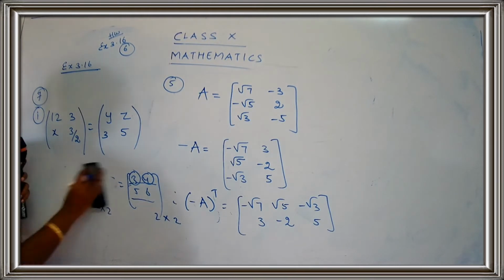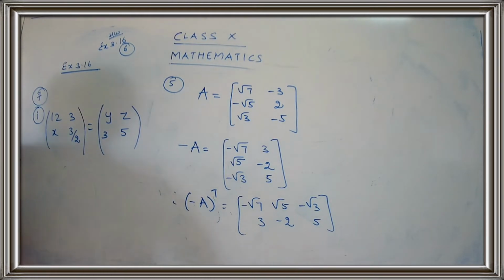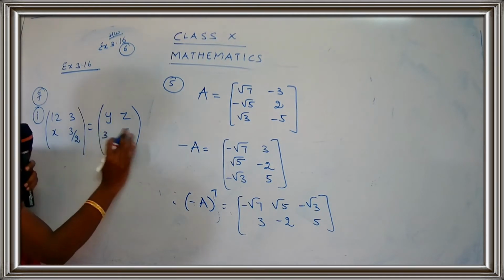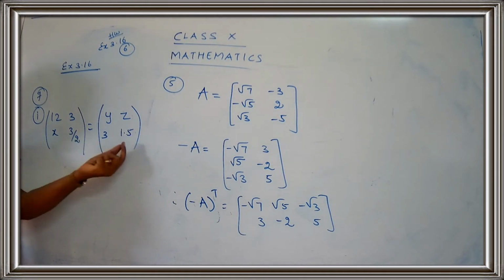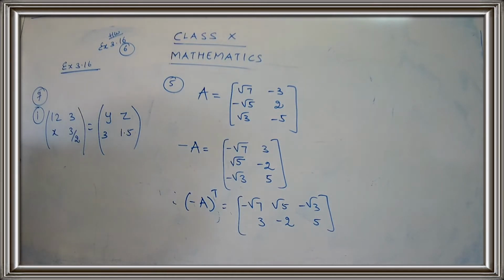Okay. So here we have a small correction. It's 3 by 2. 3 by 2 means it should be 1.5. So just make the change over here as 1.5 because we are dealing with the equal matrix. Okay, children. So the value should be same. 3 by 2 means 1.5. They have given you 5 there, so make it as 1.5. There's a small printing mistake, children. Just make it 1.5.